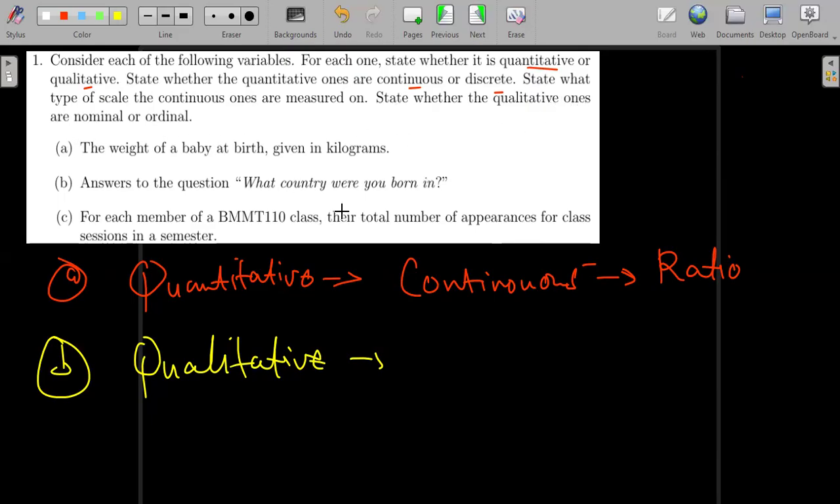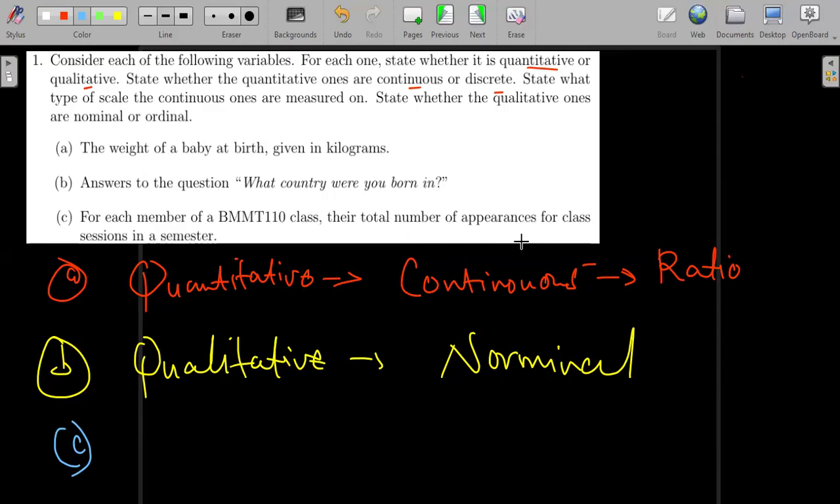And then state whether the qualitative ones are nominal or ordinal. So here they're saying, what country were you born in? They're just asking you for the name of the country. So that is what? Nominal. There's no order there. All right. And then the last one, which is C, they're saying for each member of our class, the total